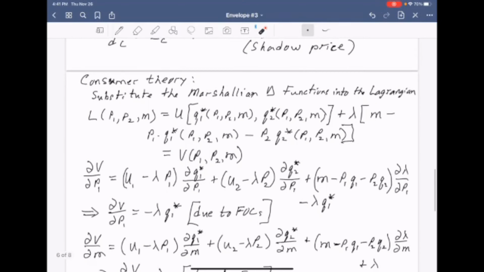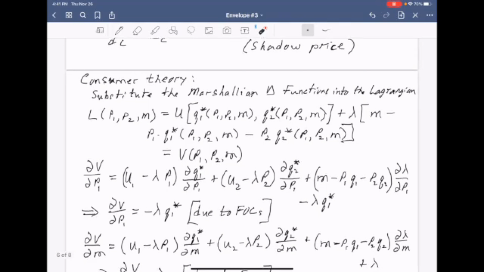Now, if we look at consumer theory, we substitute the Marshallian demand functions into the Lagrangian. So here we substitute them into the utility function, and this would give us the indirect utility function. But we're going to do it just a little bit more. We're going to also substitute it into the constraint set. So we get this, and that means we have this value function, which is a function of the parameters P1,